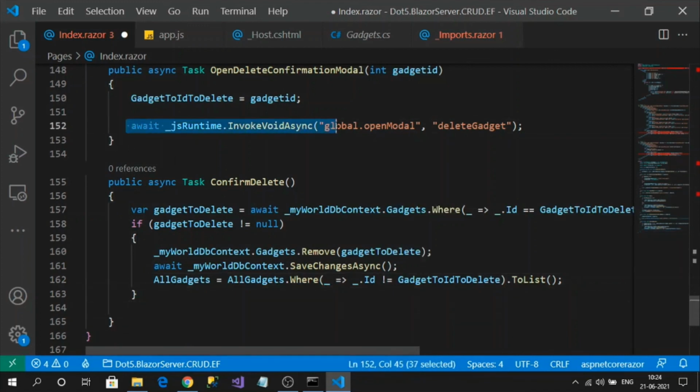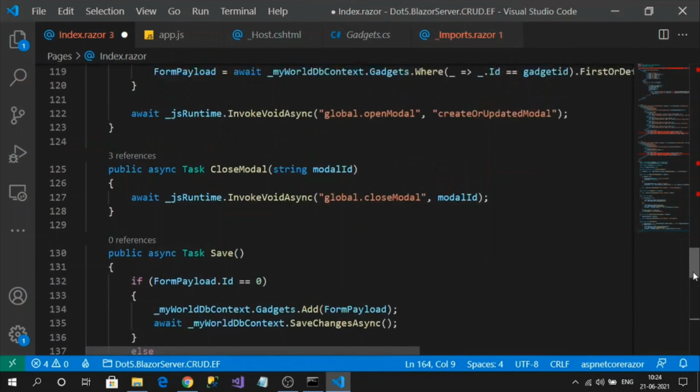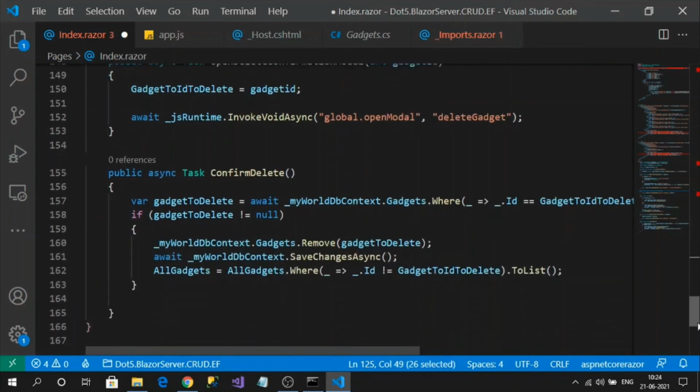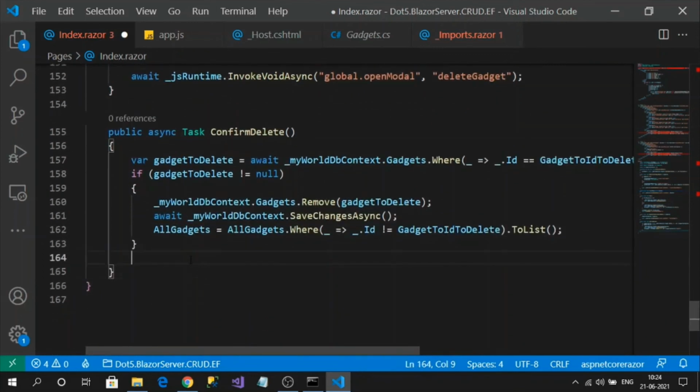And finally, I want to close the model pop-up. So I can close this one, not this one. There is a common method, right? So close model. Write it. And what is the ID?